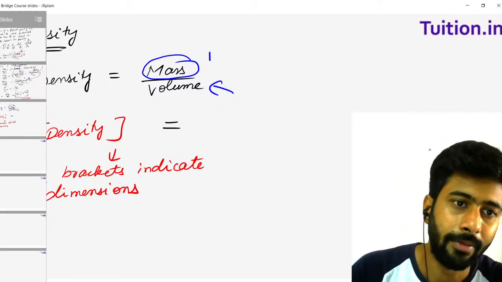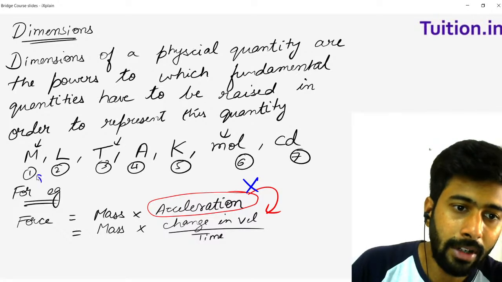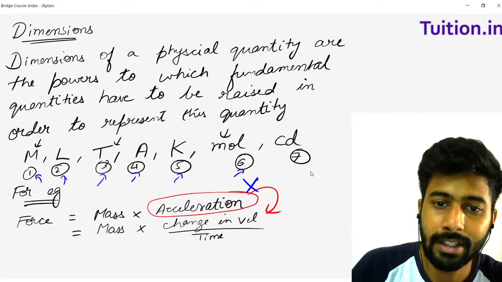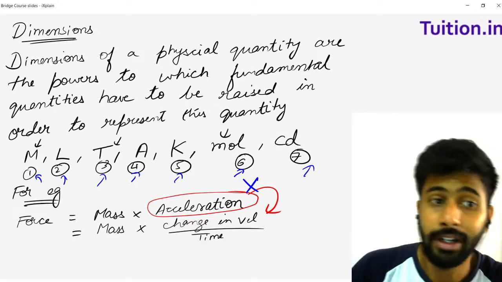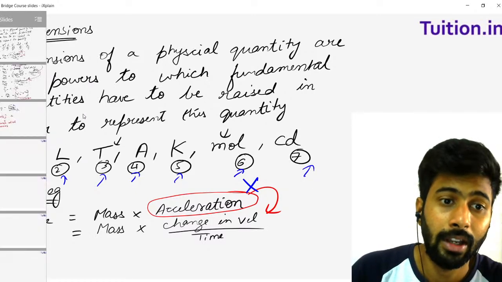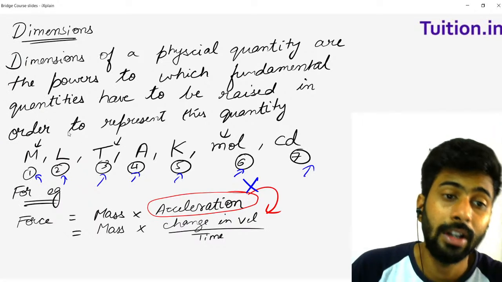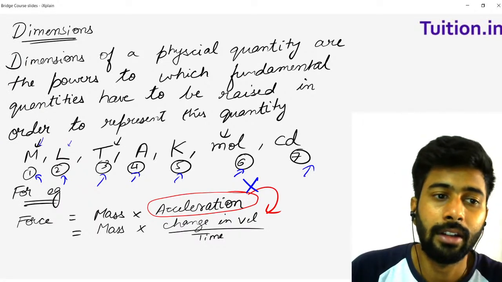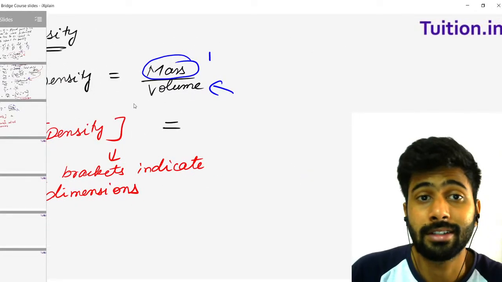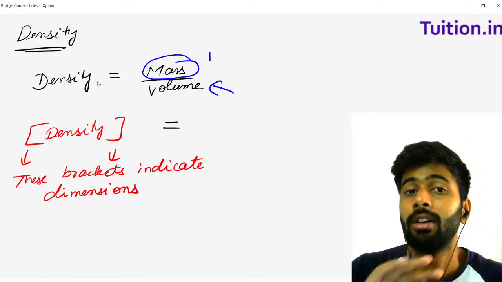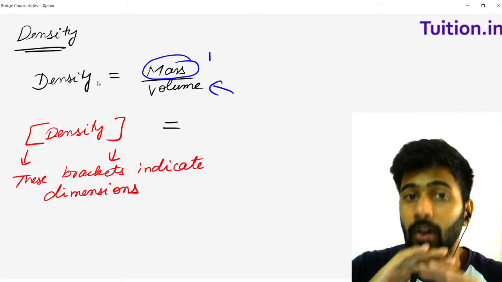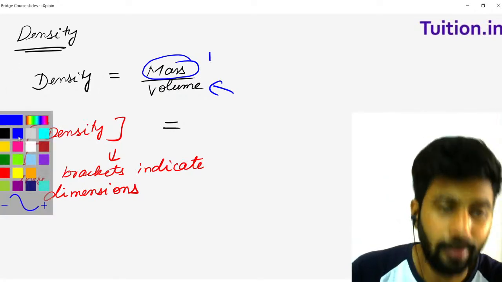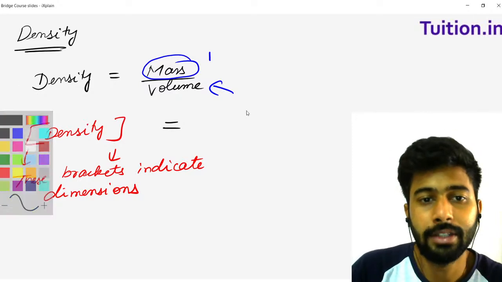Is volume present here? Only these are your fundamental physical quantities, these 7. Can you see volume here in any of these 7? No. So you need to know the formula for volume also. And your formula has to somehow lead you to one of these 7. And only when you reach these, only when you are left with only these 7, or only the relevant ones from these 7 in the formula, only then you are done with